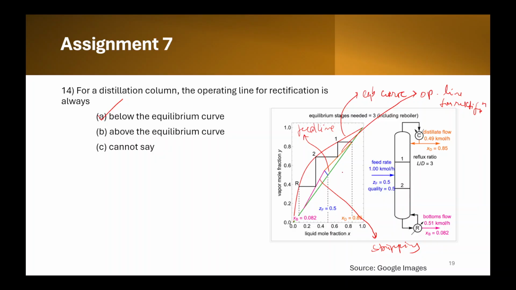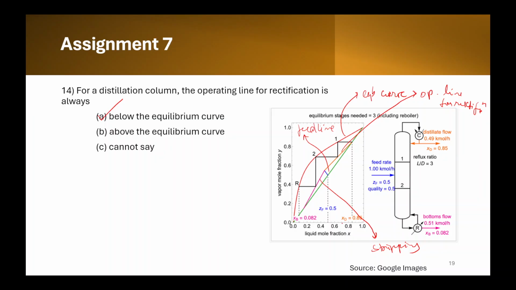Either it is saturated liquid, saturated vapor, superheated liquid, superheated vapor, or a mixture of it. The slope of this feed line changes. So when you draw these operating lines as well as the feed line, the intersection of this, so from this point, you know the composition of the